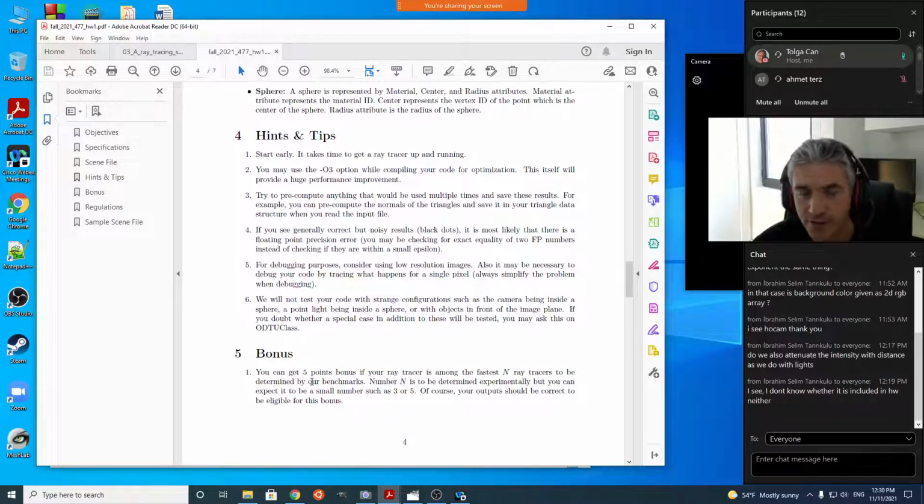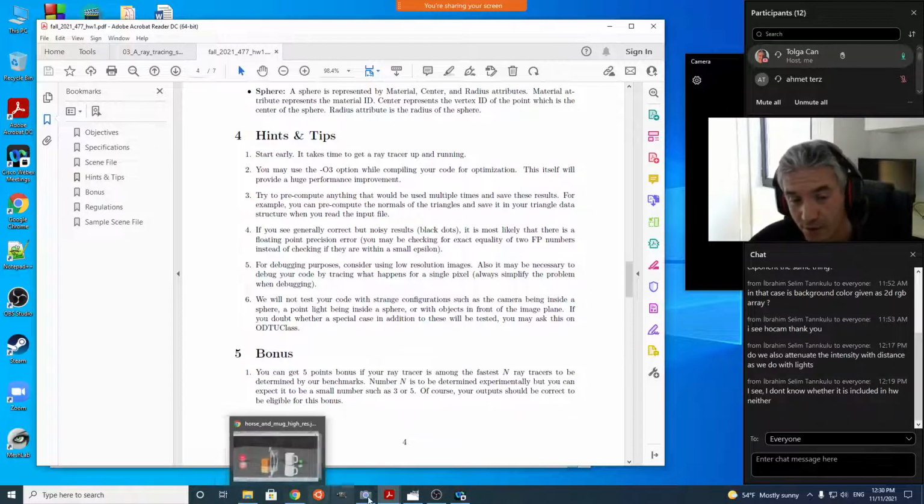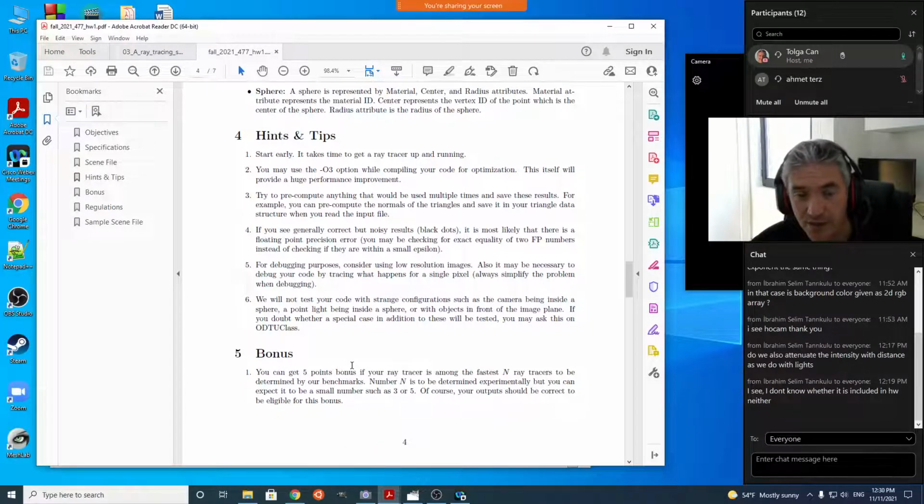So, 5 points. If you're interested in this 5-point bonus, it may actually require a lot of work for just 5 points. I don't recommend you do that if you're busy and have other things. But if you're really interested in ray tracing and finish your assignment earlier than the deadline, if you still have